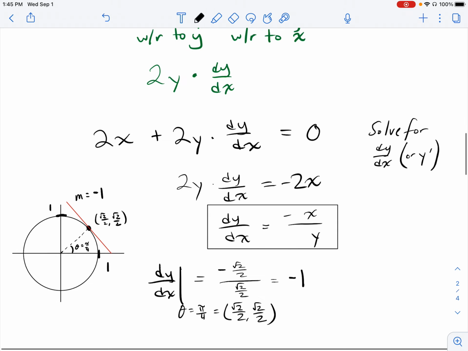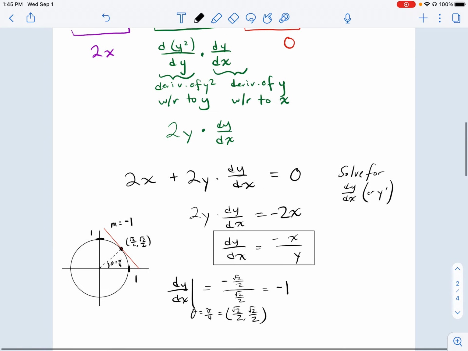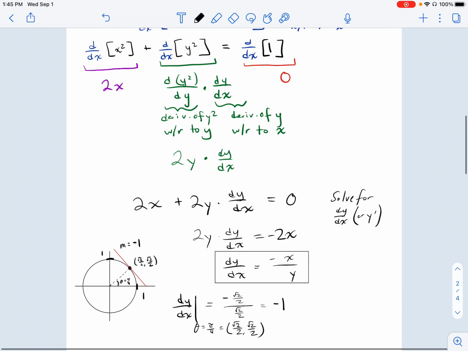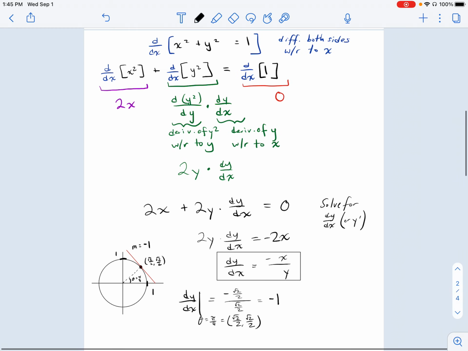So the derivative here of this implicit equation gives me a function that can determine the slope of the tangent line, or the rate of change, at any given point of our circle. So really, if you take a step back and look at it, in practice, it's pretty straightforward. We're just going to be differentiating both sides of the equation, remembering that when we're differentiating with respect to x, since we don't quite know the explicit relationship between y and x, using the chain rule, we're going to have a placeholder of dy/dx, which effectively is what we need to solve for when we are doing the implicit